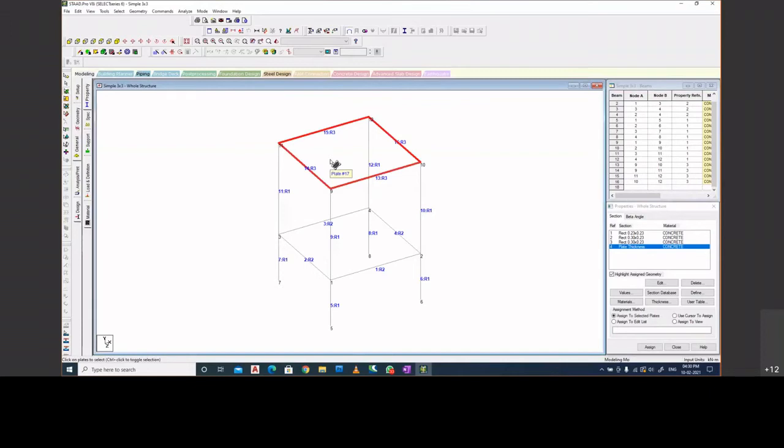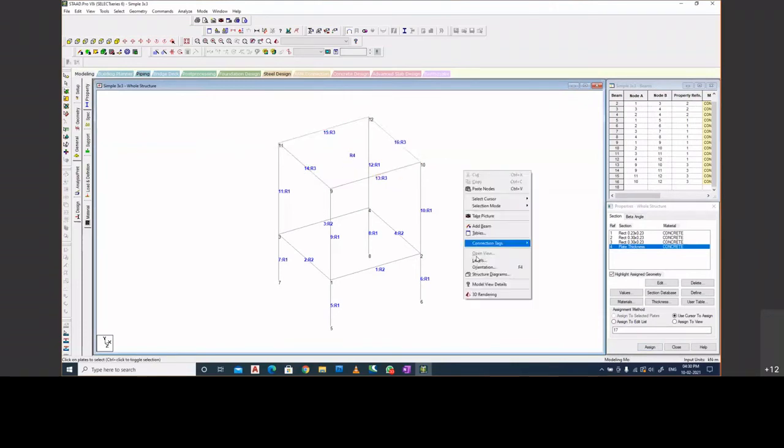Please pay complete attention, and you'll get to know. I'll also be sharing this recorded clip for this particular session only. You can use it to revise later on. So this is a plate cursor, as you can see, and you can click on assign to selected plates and assign it. So my first property is assigned. I hope you are making sure like this R1 property is assigned to column, R2 properties are assigned to all 4 plinth beams, R3 properties assigned to floor beams, and then R4 to the slab section.